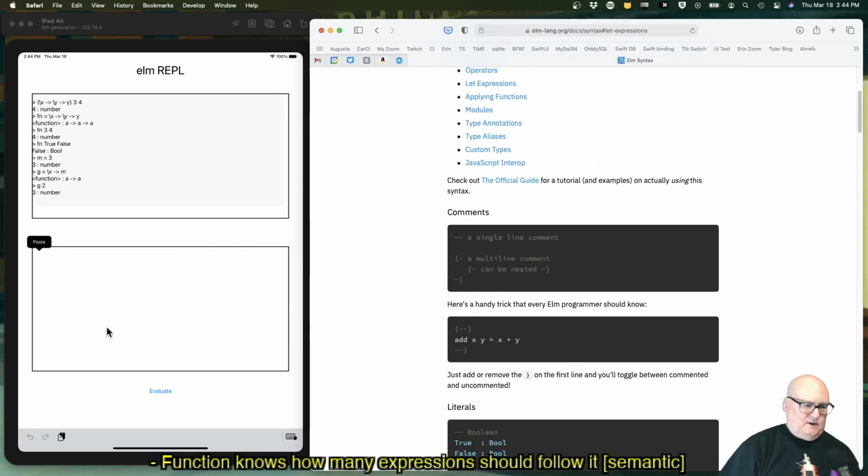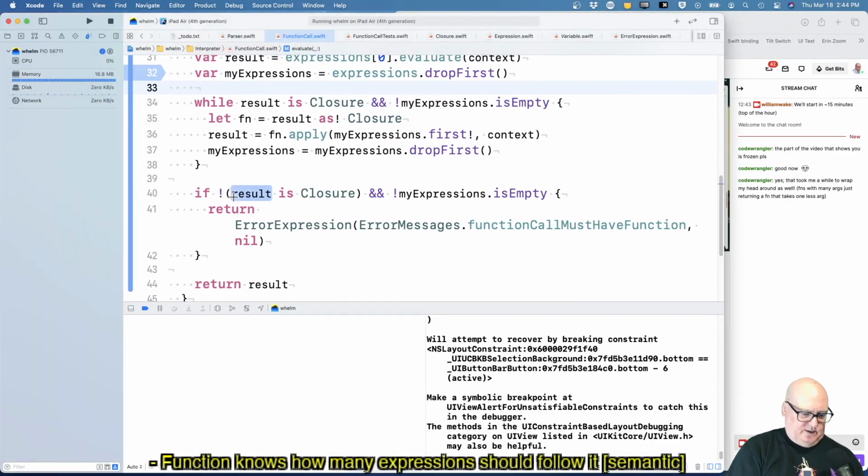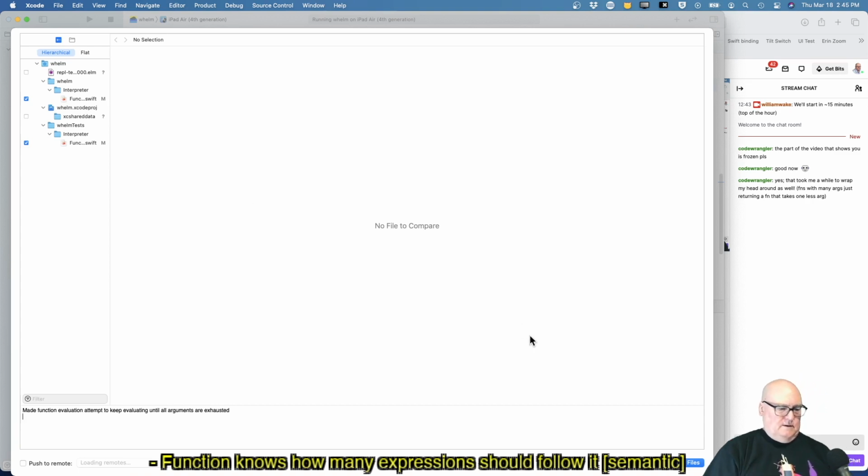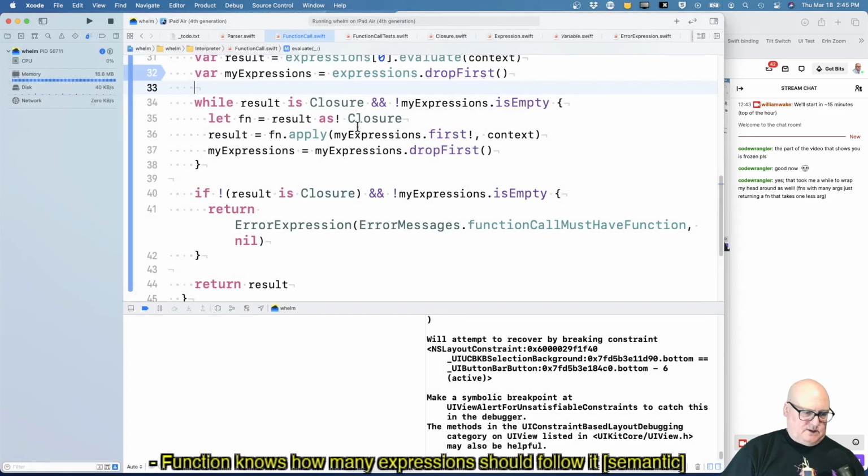Okay, but I think we've done something really good here. I mean, I'm not sure we got all the details right, but evaluating functions with their arguments and all that stuff, that feels like a really good place to be. So we made function evaluation attempt to keep evaluating until all arguments are exhausted. Okay. Now let's try